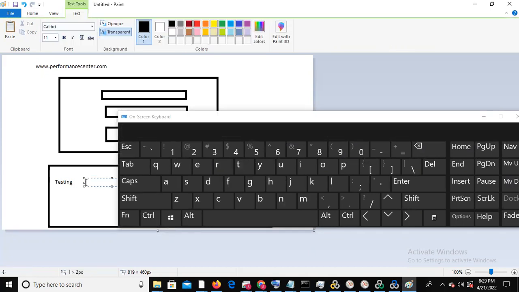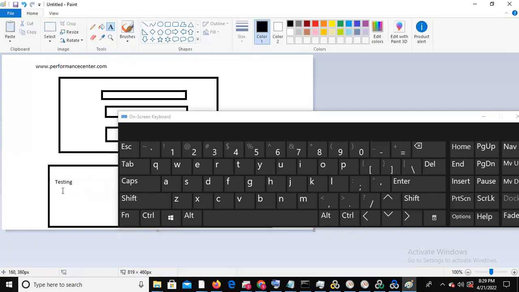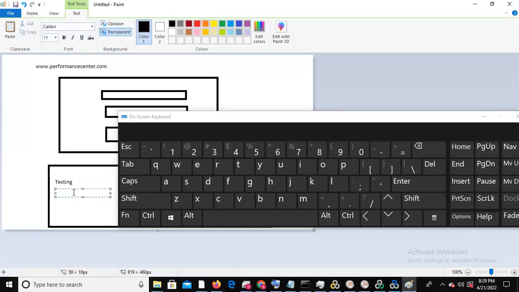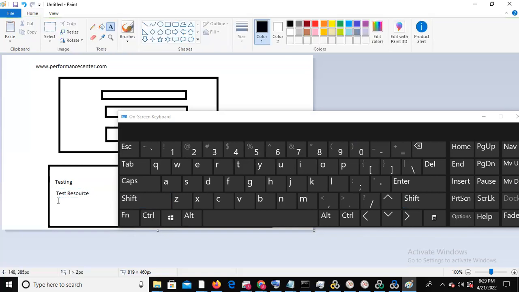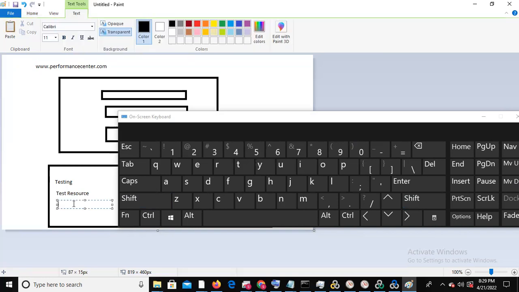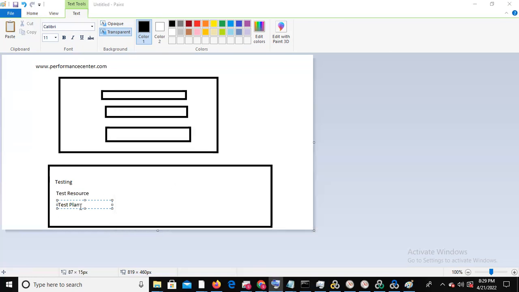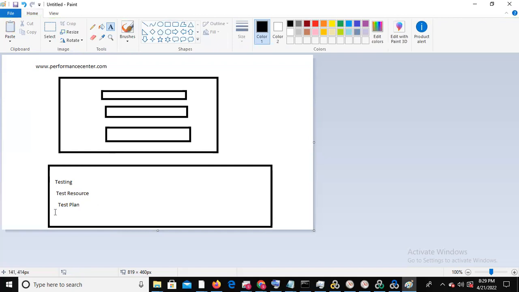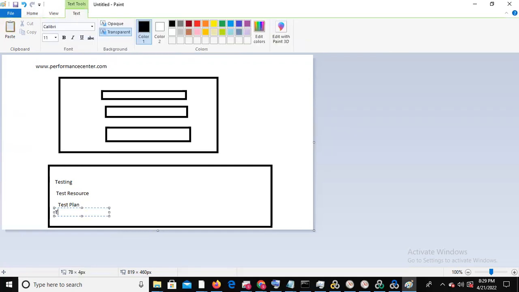In the testing tab we have different tabs: first test resource, and after that test plan, and after that test lab,